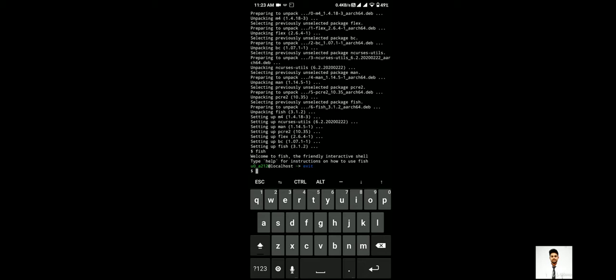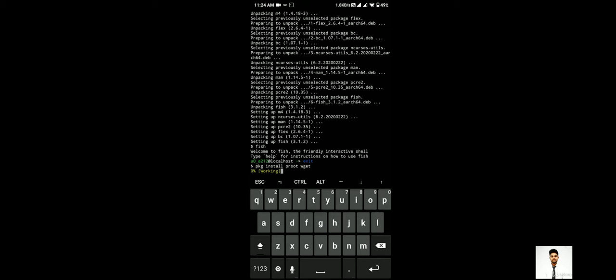So let's get started. First of all, we will be installing wget and proot to install Ubuntu in Termux. So first I will install proot and wget. Just see: pkg install proot wget.